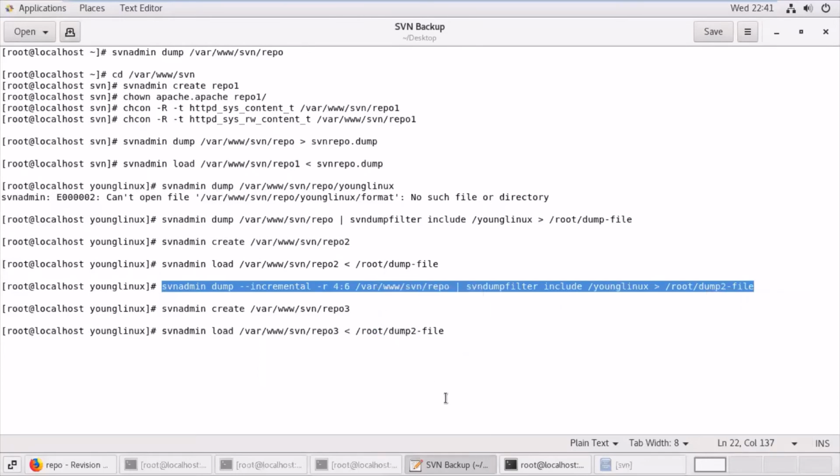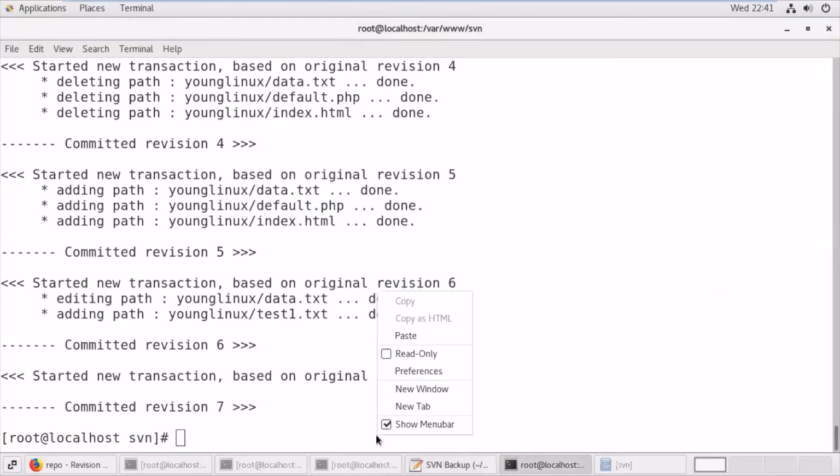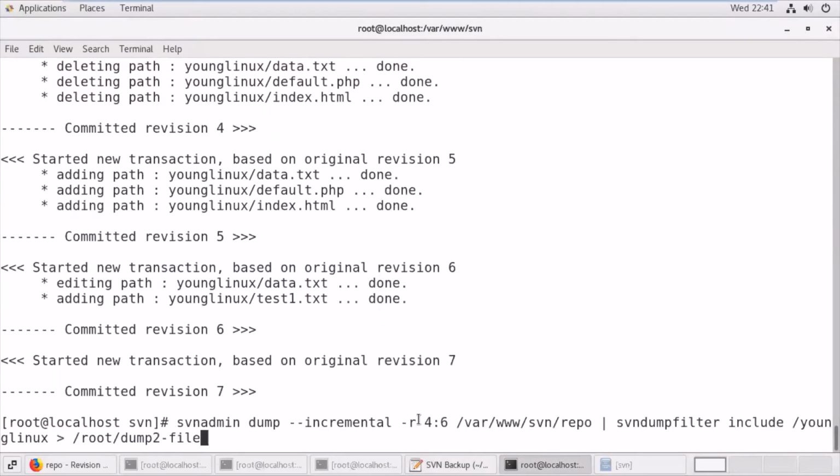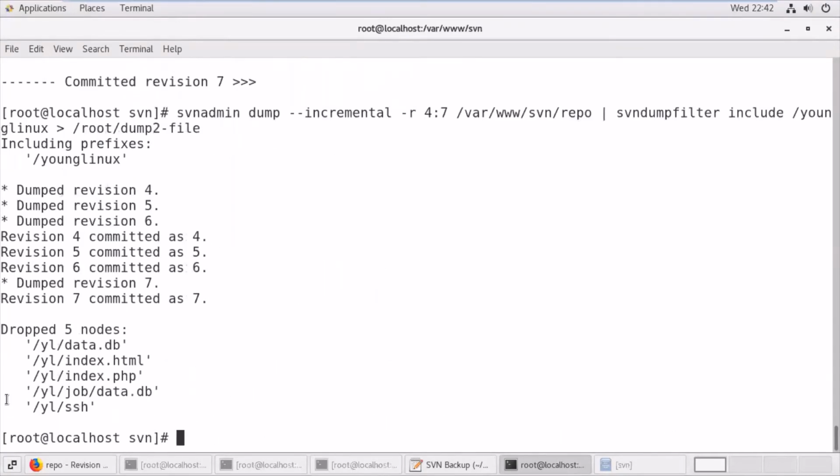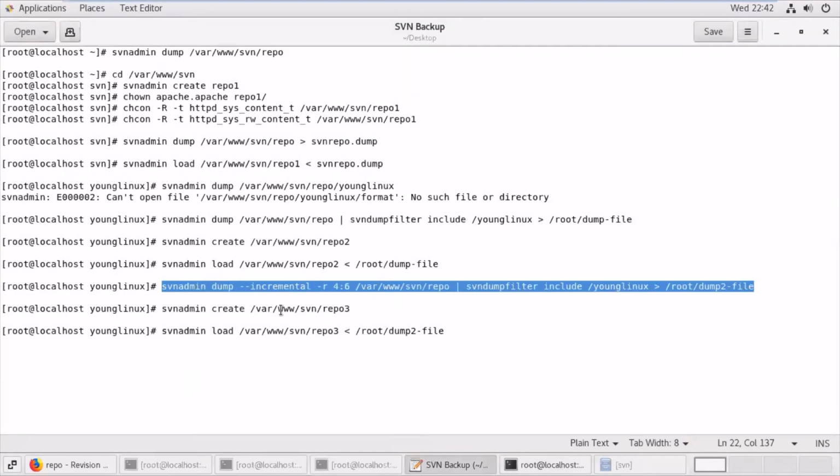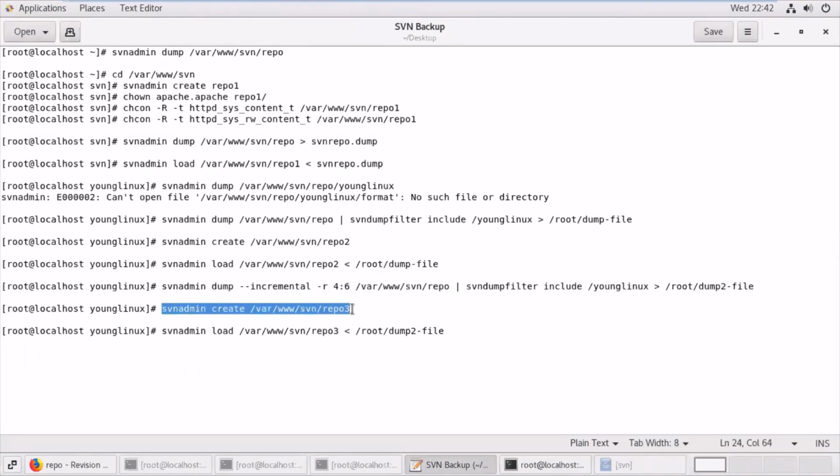So the command will change. It will be dump --incremental -r 4:6, and we put this in the dump2 file. See here 4, 5, 6 is dumped. It depends upon the range you give.